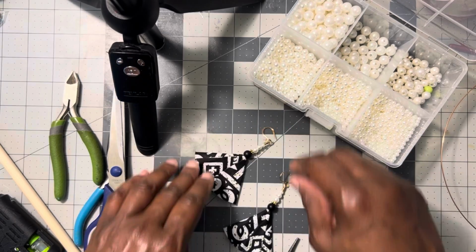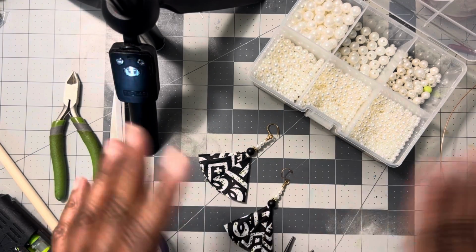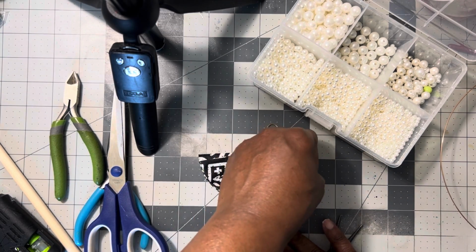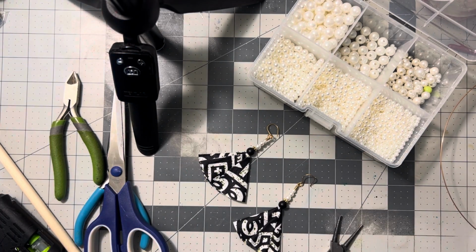So this is not a set. This is just me remaking it. This was pretty much my prototype. I always have to make sure that I have something to go by when I'm making and creating these things,